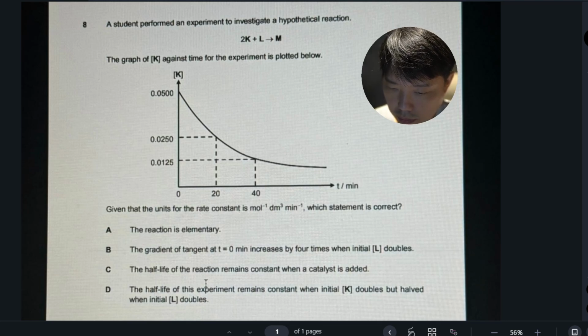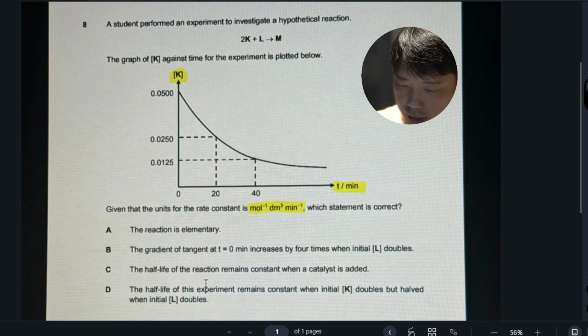Okay, so the student performed an experiment to investigate a hypothetical reaction, 2K plus L gives you M. So the graph of K against time for the experiment is plotted below. So you can see it's a very typical first order kind of graph where we are monitoring your K against time in minutes. Given that the units for the rate constant is per mole dm cube per minute, which statement is correct? Okay, so one of the first things that you need to notice is that this graph